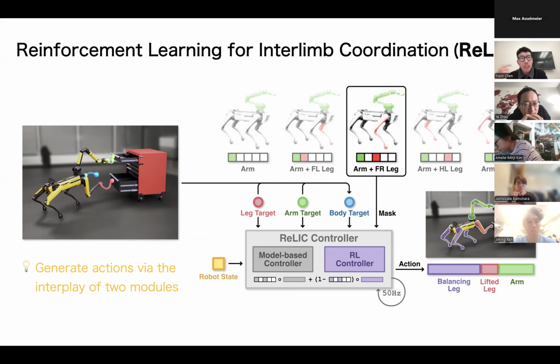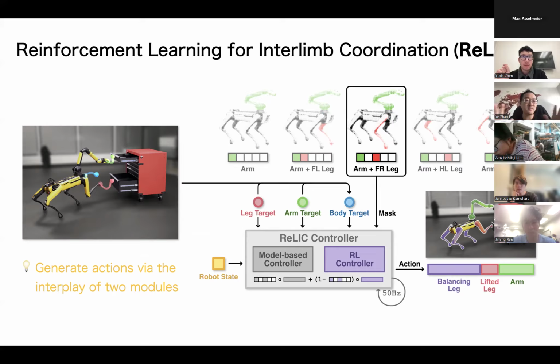On the manipulation side, we use a model-based controller, so we just specify the desired end effector pose, and then we optimize a trajectory from the current pose to the end effector pose, and then use a model-based tracker to track these trajectories.